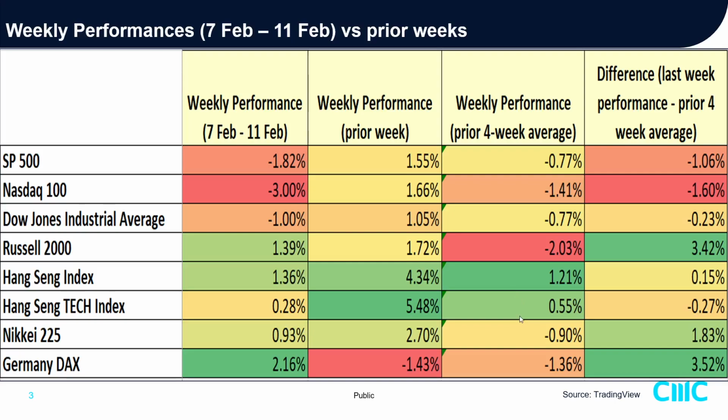Over here, overall, the Nikkei 225 is also showing signs of a bit of improvement, based on last Friday's close. That's a weekly gain, and the German index managed to inch out a weekly gain of 2.16%, versus a loss of negative 4.3% in the prior week. So all in all, if you look at the momentum analysis, by taking the difference between the weekly performance of last week